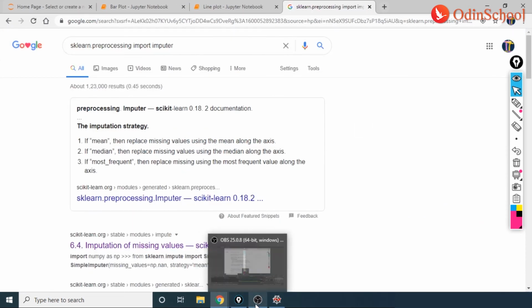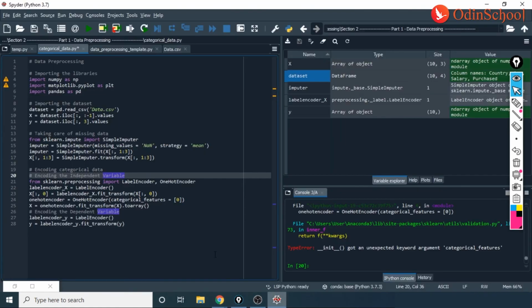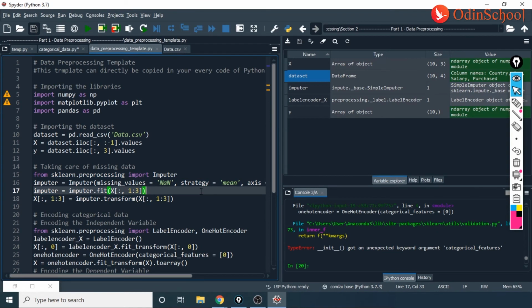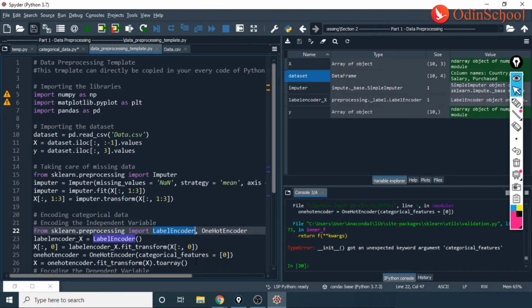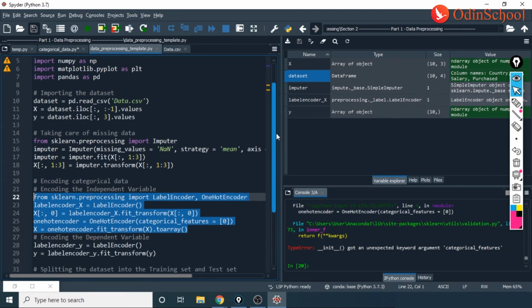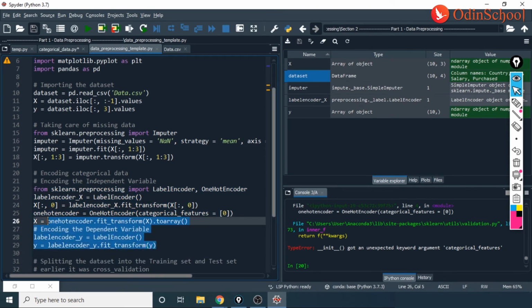Okay, I hope we have understood what is label encoding and one hot encoding. And what are the others that we have? Let us just take a look. So we have seen how to take care of missing values. We have seen how to work on categorical data. That is, when you're working on categorical data, you have sklearn preprocessing, you have label encoder, you have one hot encoder. You feed your system with the required column, and once you're done with it, you would see that your data is now changing from country names to zeros and ones.